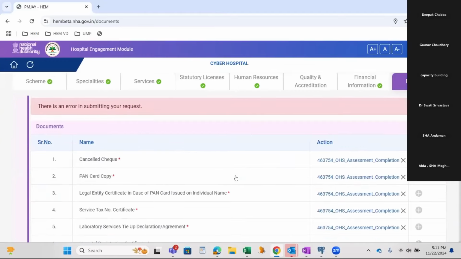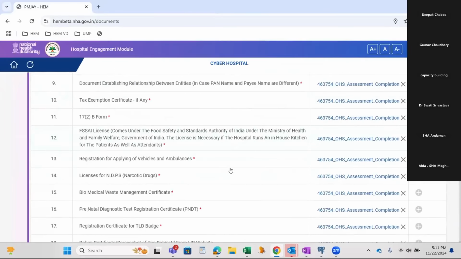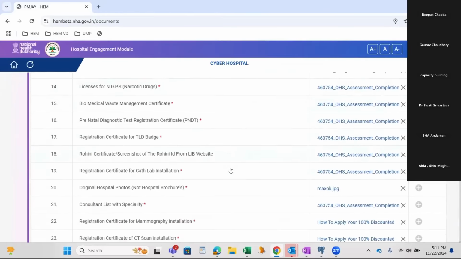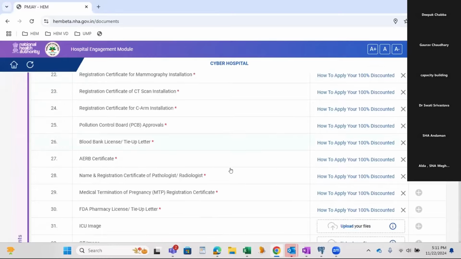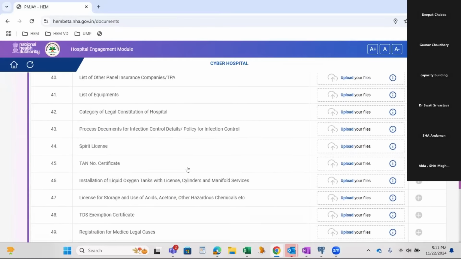There is some document section above, so we will add it. I've added all the mandatory documents.